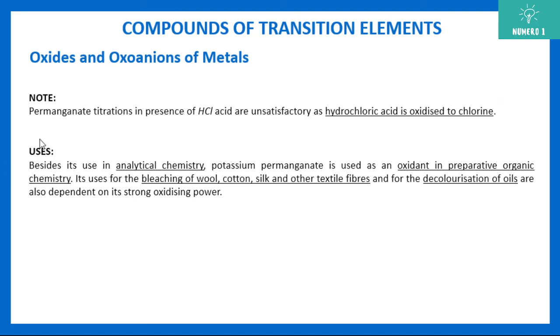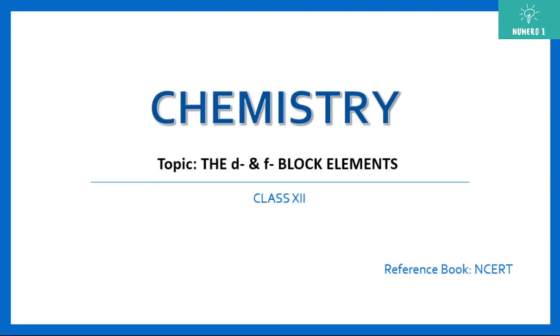As I said, there are uses in analytical chemistry. You can always check the color change, from manganate to permanganate. It depends on which reaction you want, but you can use them in analytical chemistry. There are various other uses of it, like one of them is the oxidation process. They are very good for oxidizing. Also decolorization of oil and a lot of other things. And that's it for this part.